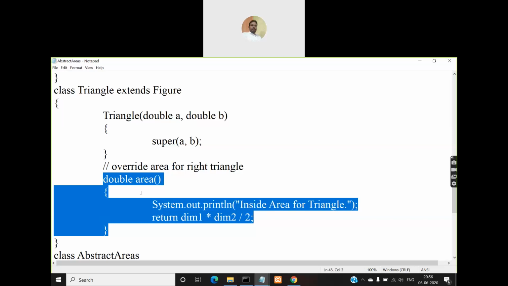It is wrong. If there are two subclasses, then both the subclasses must give the implementation for that abstract method. If there are three, all the three must do. If there are four, all the four, like that. If there are n, all the n classes must give the implementation for that abstract method, because they are subclasses of that abstract class. If they cannot do it, then they also must be qualified as abstract, and you have to create subclasses for those classes also at the next level, and at least there you have to give the implementation